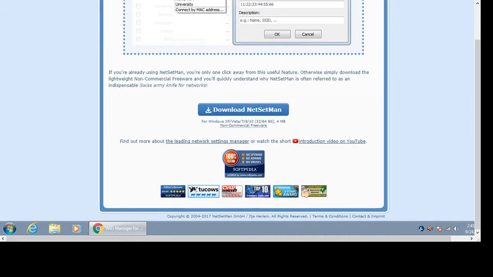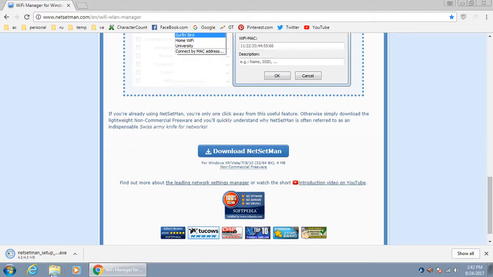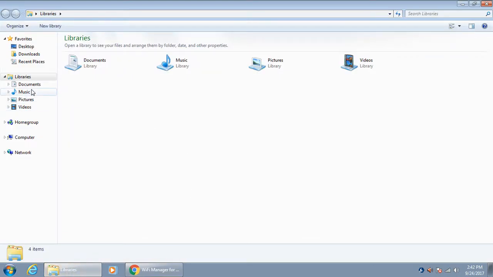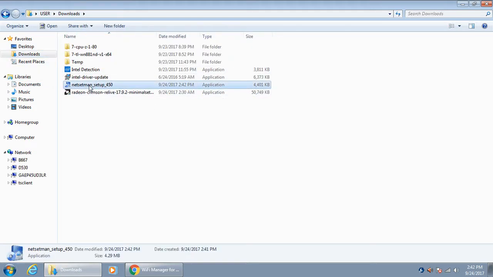So you just click on download NetSetMan. It's only a 4 megabyte file, so it's pretty small. I don't have blazing fast internet, and I'm also connected via Wi-Fi. Okay, it's done. So we'll go to the downloads. And there it is. So just double click,